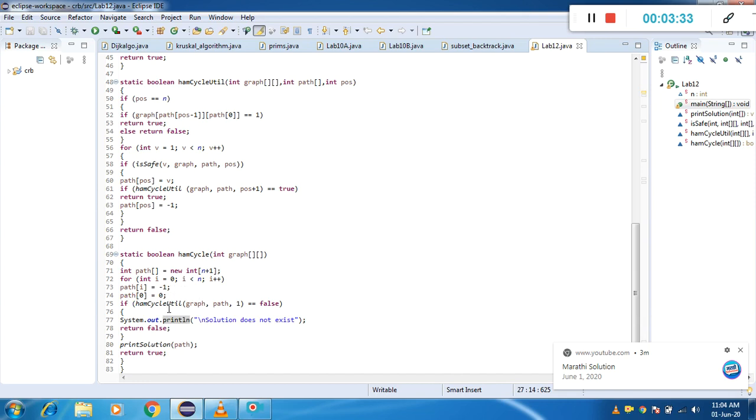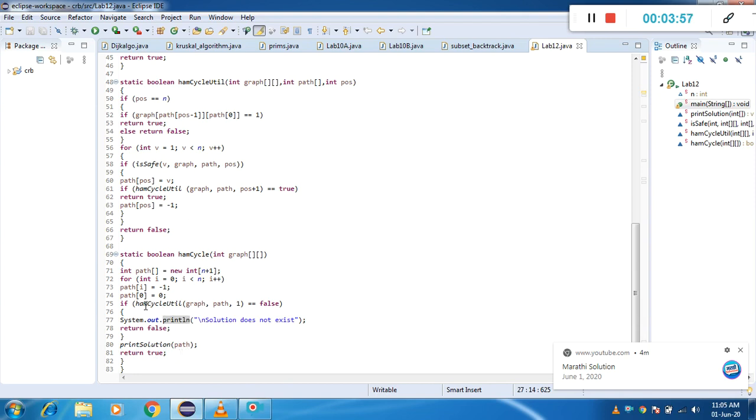If hamiltonianCycleUtil, here you have to check whether the cycle is possible or not by providing graph as the input and the path value and 1 is equal to false. Then you have to say System.out.println solution does not exist and return false, otherwise the solution is possible, and you have to print the solution with path as the input and return true.